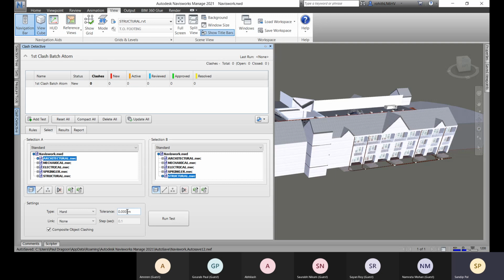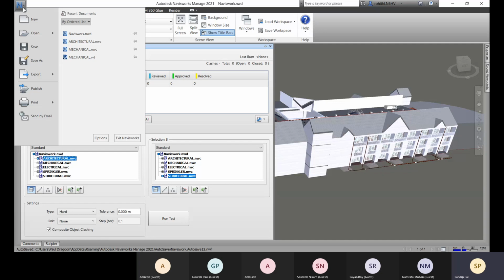And what about this tolerance? If you put this quantity of tolerance in any unit, it will convert to this display unit. The unit is set within this Navisworks file, so it will convert to that display unit. So you know where you can change the display unit.